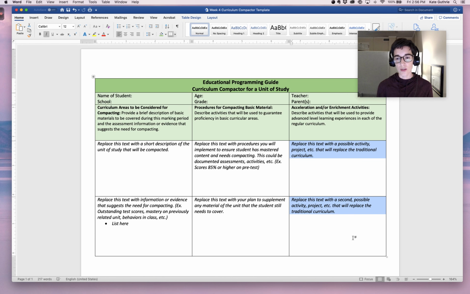So make sure that what you include here in this third column is not an activity that could be completed in a day. You know, if my unit is 4 weeks long and we get all the compacting with this one student done within the first week, then I have 3 weeks with the student where they're exploring something